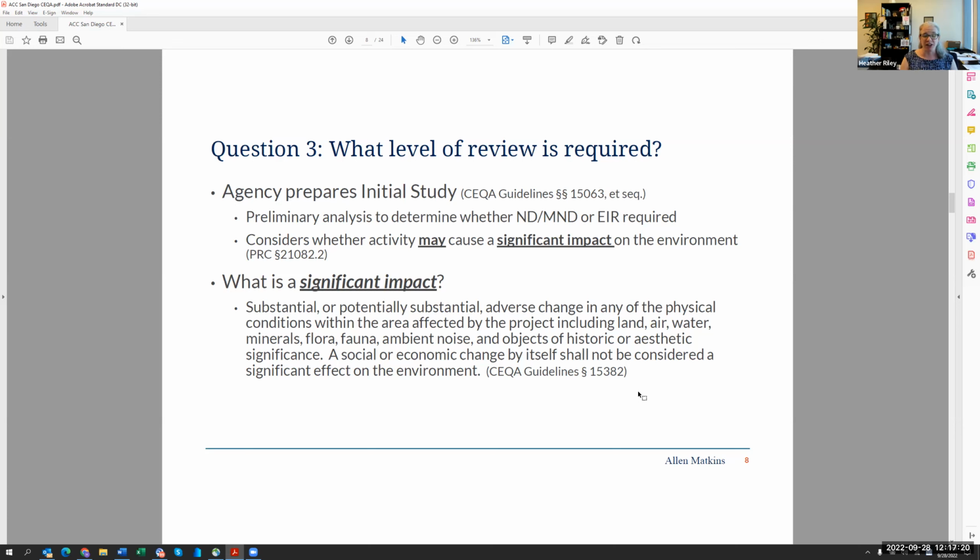About 10 or 15 years ago, there was a huge bunch of CEQA cases that came out about Walmarts. Walmart was coming in and building these stores, and the argument made by opponents was this was resulting in urban decay. Urban decay is not a category in CEQA. It's a social economic change, but it could have indirect impacts. So there's a lot of case law that talks about big box stores in the context of CEQA that are interesting if you're working on anything of that particular nature.